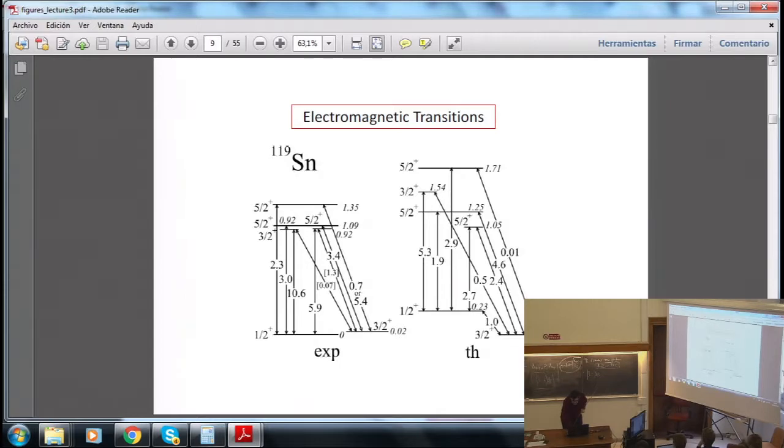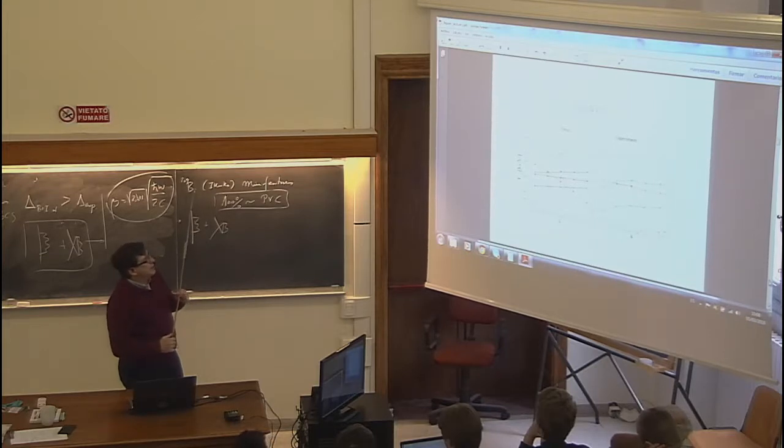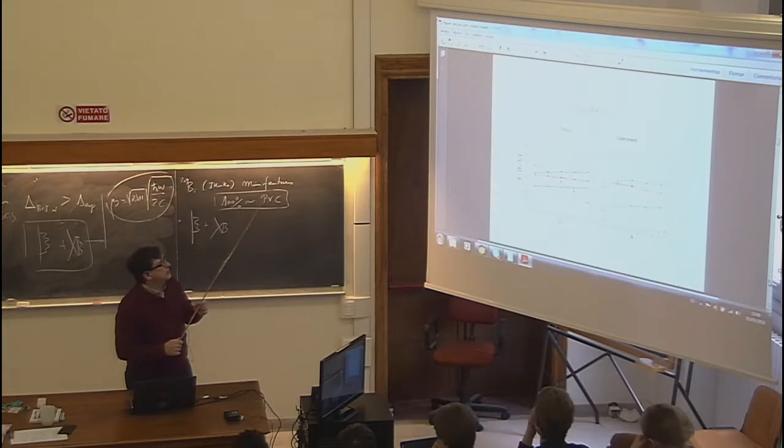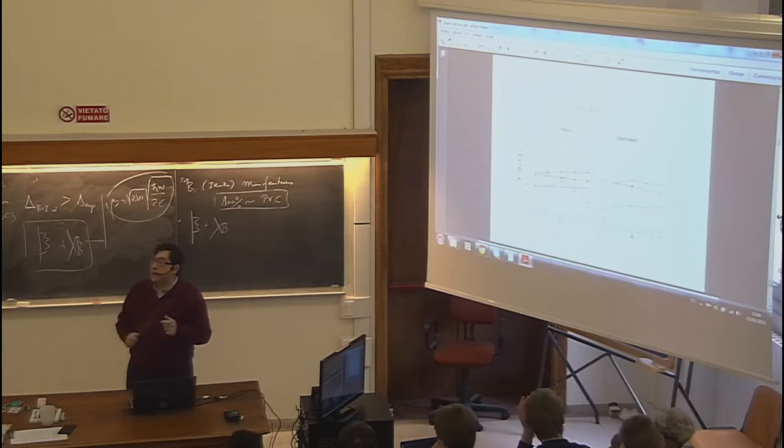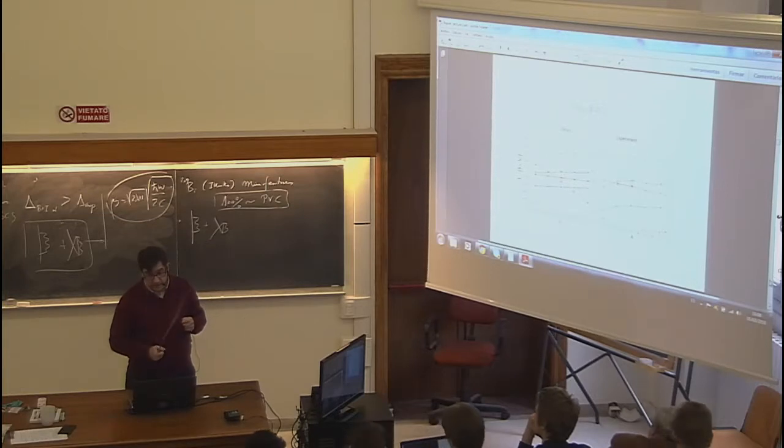Well, this is just an example in a superfluid nucleus of all the observables that you can get, and I hope you get the feeling of how this partition works in a real case. And now I stop for 5 minutes,